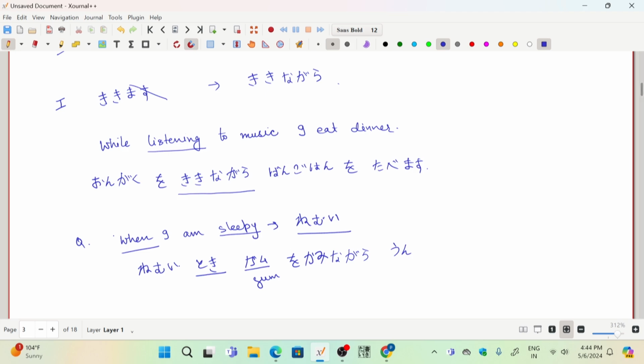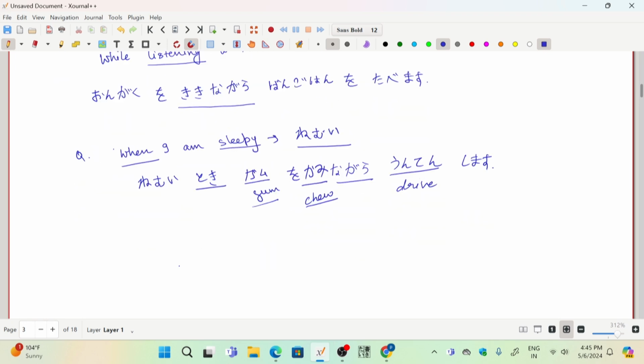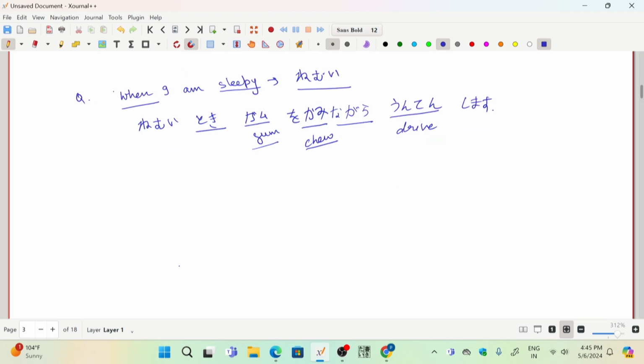Unten shimasu. Unten means to drive. Kamimasu means to chew. So while chewing gum, I drive when I am sleepy. Next is, when I am watching television, I cook. Or while I cook, I watch television. So it will be